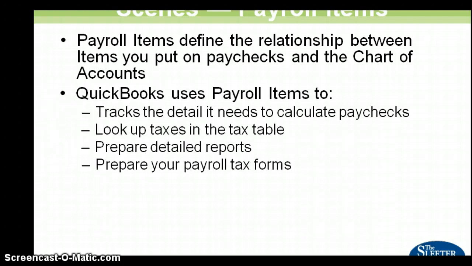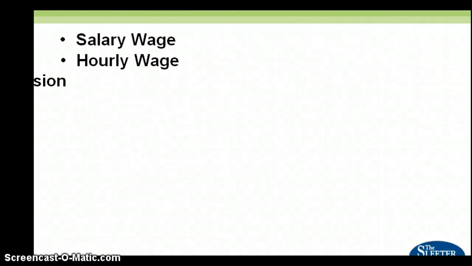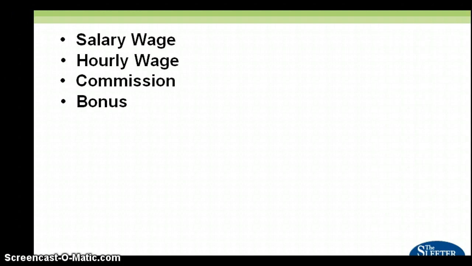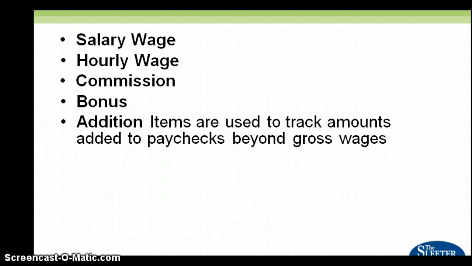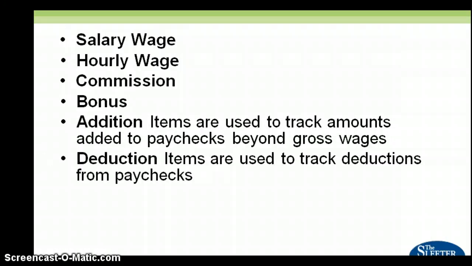And again, behind the scenes, it's just telling you that payroll processing does create an expense, a payroll expense or payroll tax expense for the employer, but it also sets up the accruals for the liability that they ultimately will pay and the withholding that is made from each paycheck. So the payroll items are going to be their different payment items, which is wages, salary, hourly wage, commission, and bonus. And you may add other items that you feel are necessary for tracking